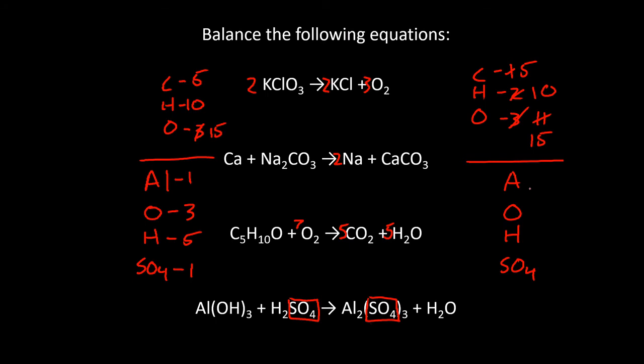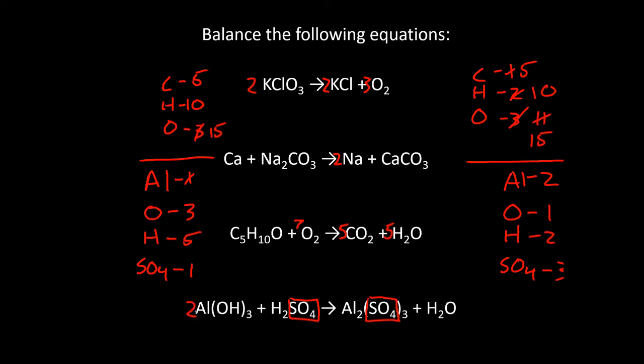On the right side of the equation, we have 2 aluminums. Outside of sulfate, there's only 1 oxygen. There are 2 hydrogens and 3 sulfates. So we can pick which one we want to balance here first. We could go for the aluminum or the sulfate. I'm going to go ahead and do the aluminum first. I don't really think it'll matter either way, but the aluminum